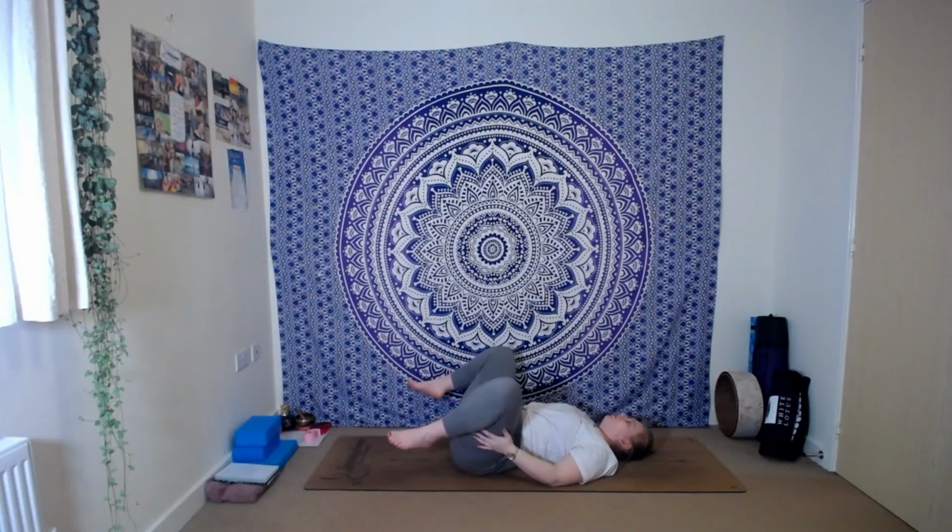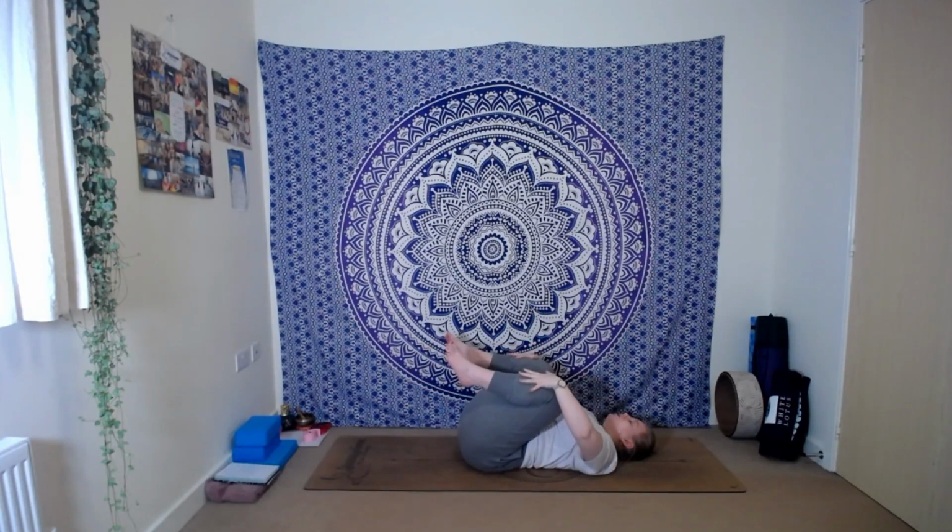And then for our final pose, before we really do allow ourselves to completely relax, we're just going to allow our spine to kind of decompress into our mats, and we're going to take a little happy baby. So you're going to separate the knees towards the sides of your body. Bring the arms on the inside of the legs and see if you can take hold of the outside edges